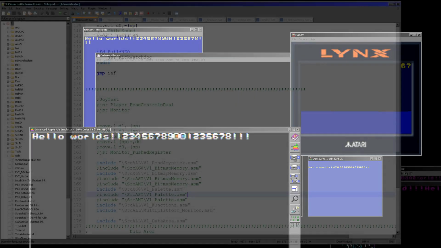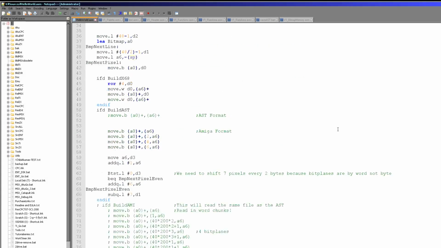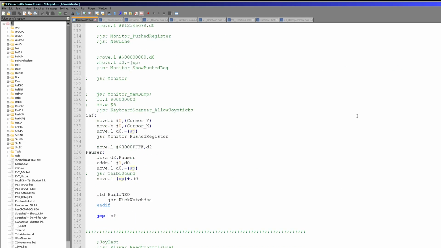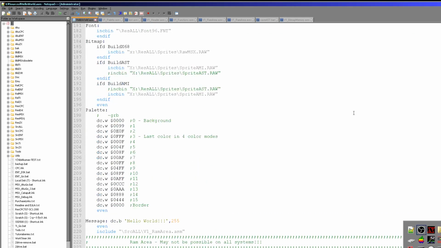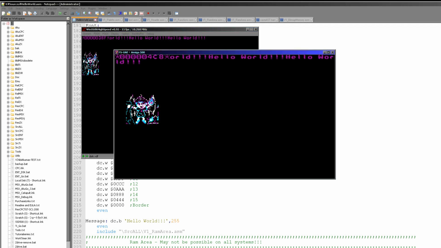But that's not all I've been working on. I've not just got plans to do the 6502, I've already started working on the 68000 series of the 16-bit machines. Smaller set of machines I'm going to be covering there. I'm going to be covering the Atari ST, the Amiga, the Sega Genesis or Mega Drive, depending on where you live, the X68000, the Japanese machine, and also the Neo Geo. So again, a lot of different systems there, much fewer than the 6502s, but a really powerful set of systems